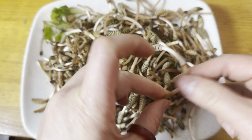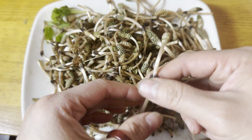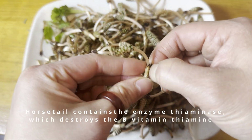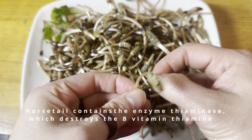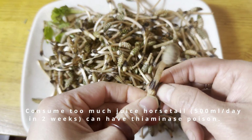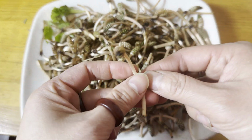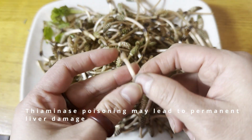And some guys say that you can eat this one for only 2 months in the year continuously, because it might drop your B1 level, vitamin B1 level in your blood. But I think I don't have it for 2 months for sure. Maximum I can collect this one for 3 weeks, and this is always my favorite one, so I will try to collect it for sure. And this process will take some time, and this is like all the guys on the internet want to remove this one, but the trouble is my stuff is always very small, so